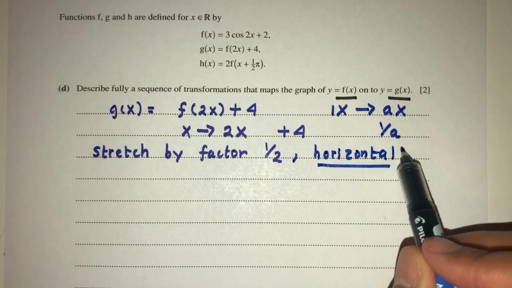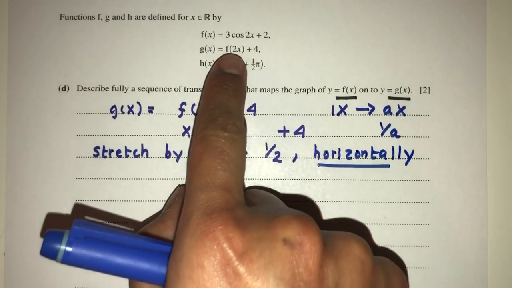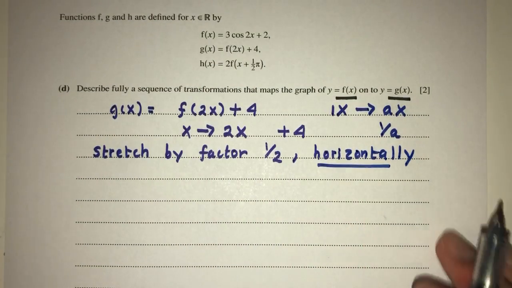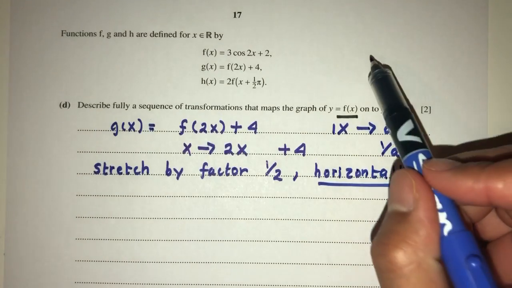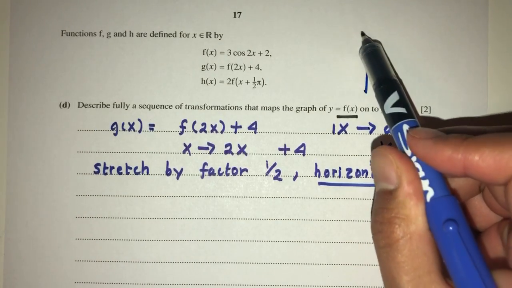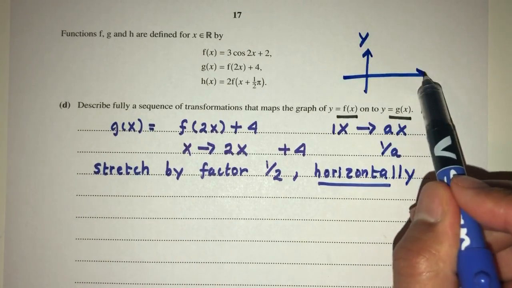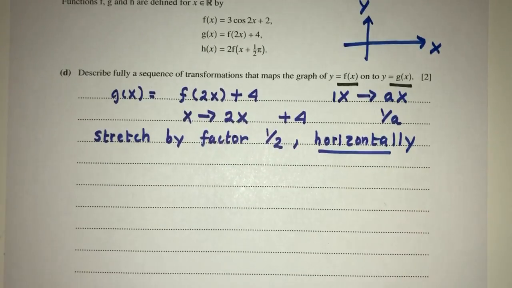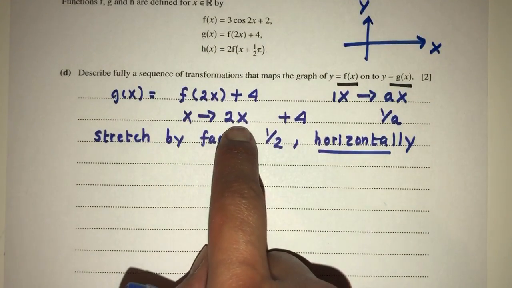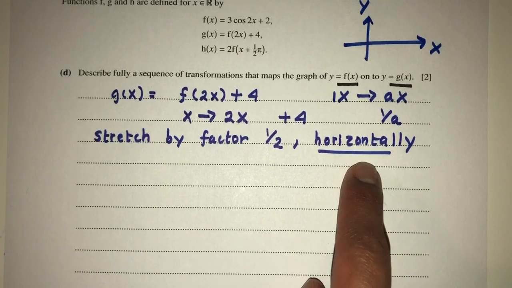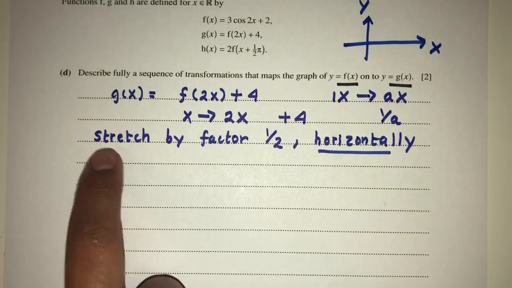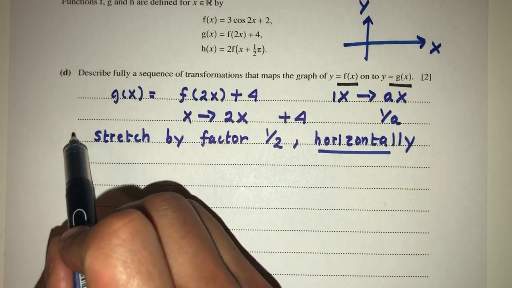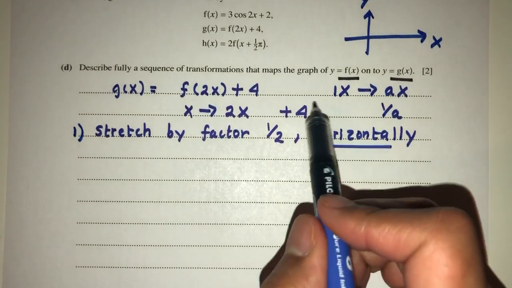Okay, horizontally. Whenever it is inside for the x values, it's always horizontally. So why? Because if you think about this logically, we draw the y-axis like this and the x-axis like this. So x is always horizontal movement. When you change the value of x to something else, it always moves horizontally. So this became a stretch by a factor of half. That's the first transformation. And now for the plus 4,